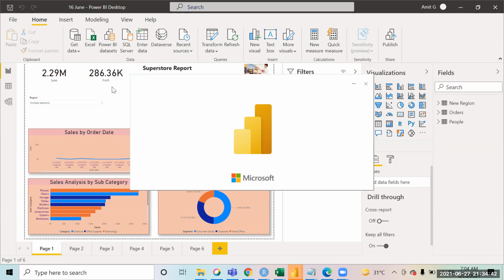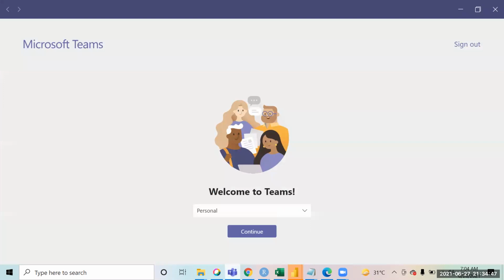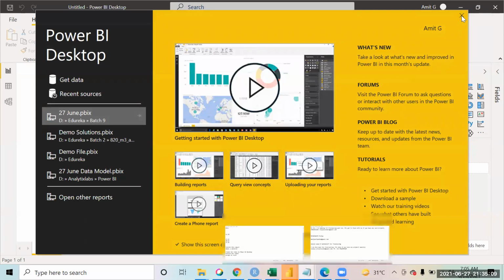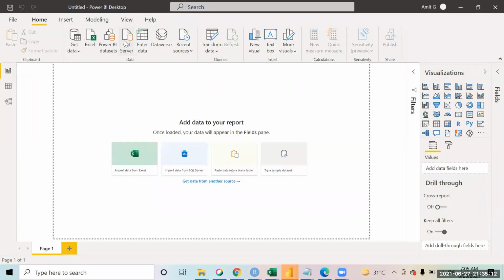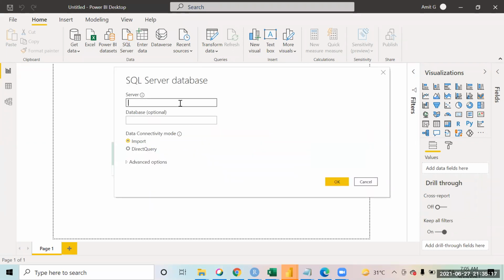So at the time of refresh, the laptop should be on, or it will happen automatically? Because it is connected to the server, right? If SQL Server is on your machine, because in our case, we have installed the SQL Server on a laptop only, so in that case, it has to be on. If it was a shared server, definitely the laptop dependency wouldn't have been there. So in a normal office environment, the laptop dependency won't be there, because over there, people will actually go back home, so refresh will not happen.